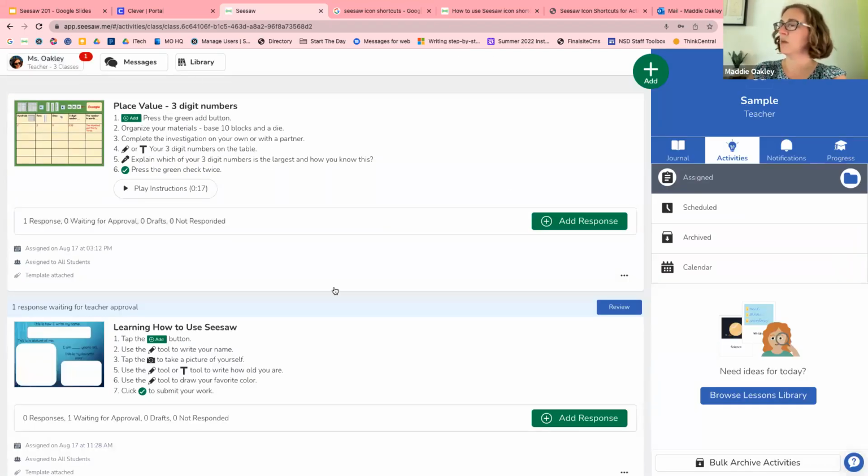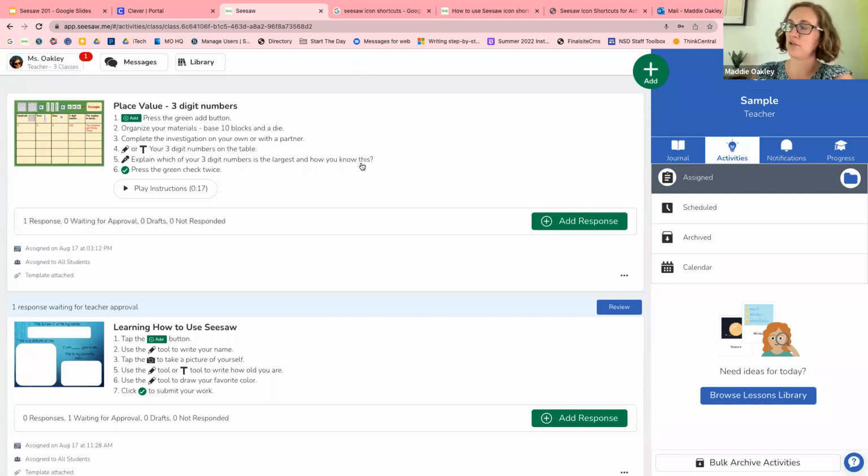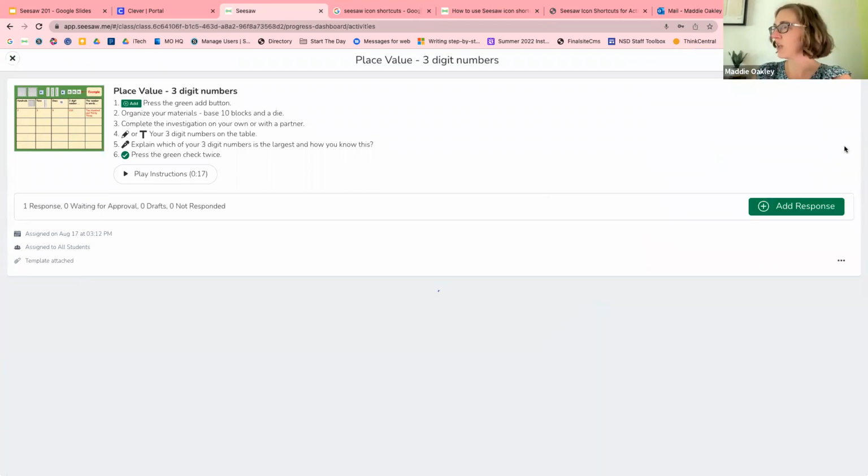Close this. Before I go to check on this one, I'm going to show you another place where you can see progress of what students are working on. And it's actually, if you have a fair amount of activities, I think it's an even better way to track what's done and what students are still working on. This gives you the activity by activity view. This progress tab is newer in Seesaw, about a year old. And it allows you